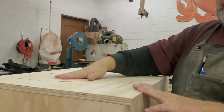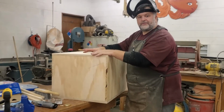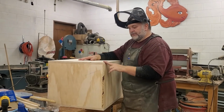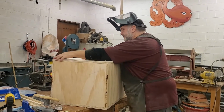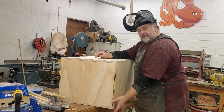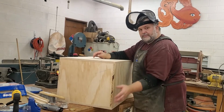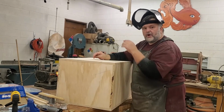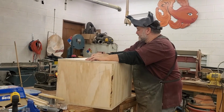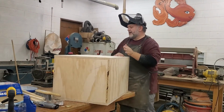What we'll do on Saturday is we will go ahead and prep this for sanding and finish work. We'll take the router, we'll put a half round on all these corners to kind of soften it up. We'll put some felt pads on the bottom, kind of elevate it just a little bit, plus this way it doesn't rub into the carpet or anything like that, the cab of the truck. What we will do then also is we will be making 2